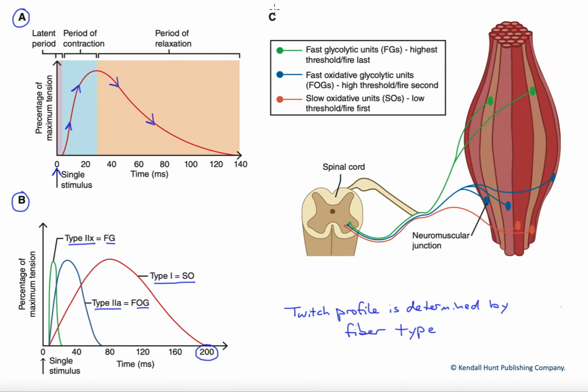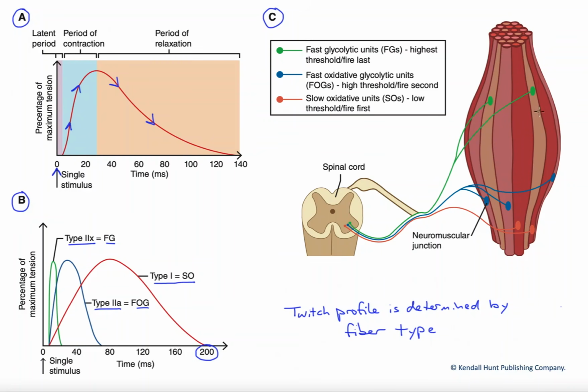Now, if we come over here to C, finally, we can see the arrangement of these muscle fibers within motor units. A motor unit, again, is the motor neuron plus the muscle fibers it innervates. So we're showing you just 3 individual motor units, one of each type here. Again, motor neurons would either exit the ventral horn of the spinal cord or come out of the brain and then have axons that run through the cranial nerve to control facial muscles and the chewing muscles, things like that. But in either case, those motor neurons branch to innervate fibers that are dispersed throughout the muscle. This generates an even pull within that muscle